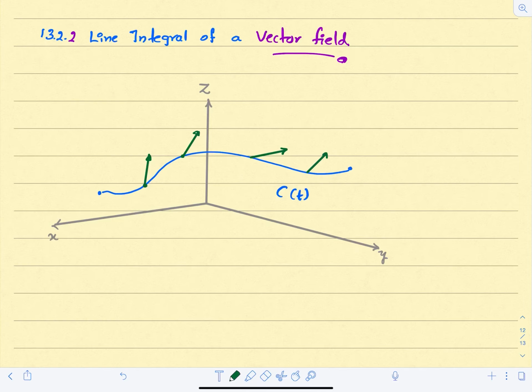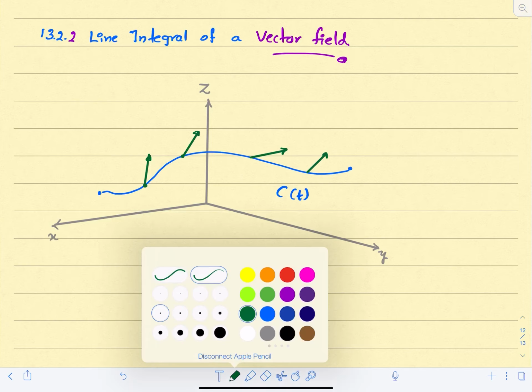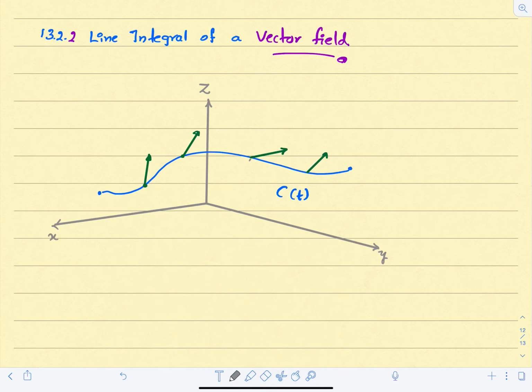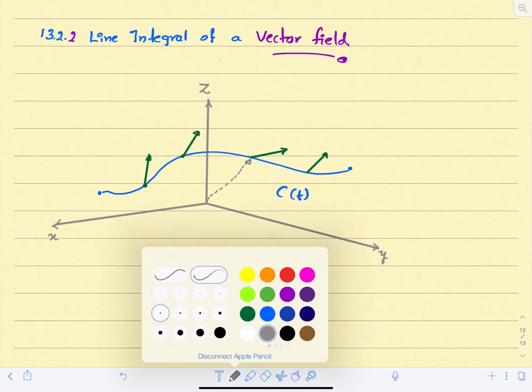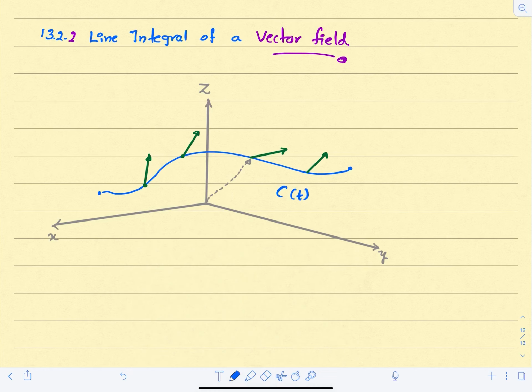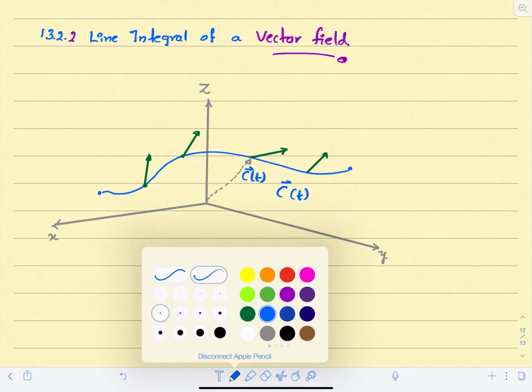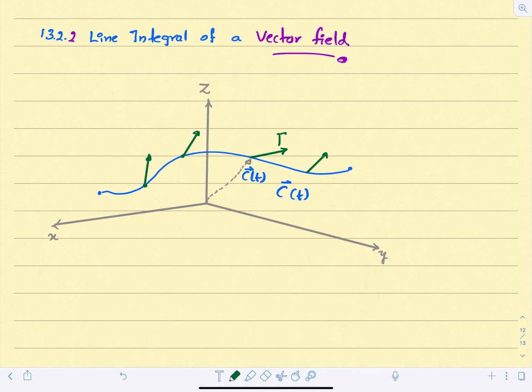Okay. But let's say in general, this is your c of t. It's a vector function. And this is your f of t. This is your vector field f at c of t. So I will write it like this. Okay, now